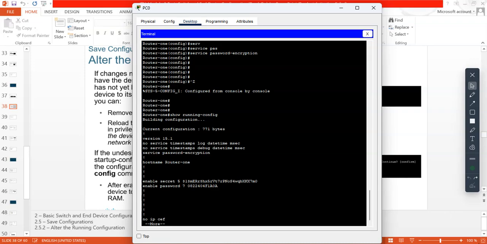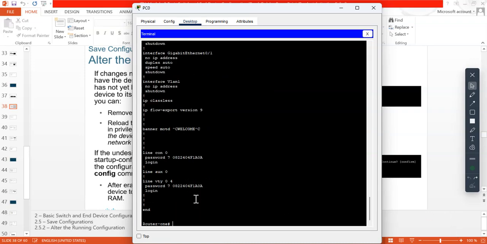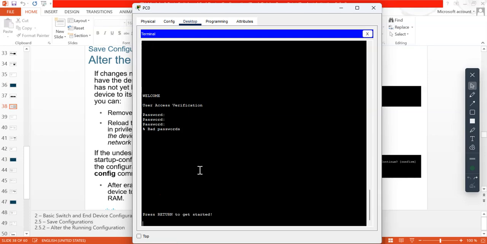Now our password is encrypted here. Even this is encrypted, even this is encrypted. So if someone gains access to the privileged password, that person won't be able to copy the password. So I can exit and see whether the passwords have